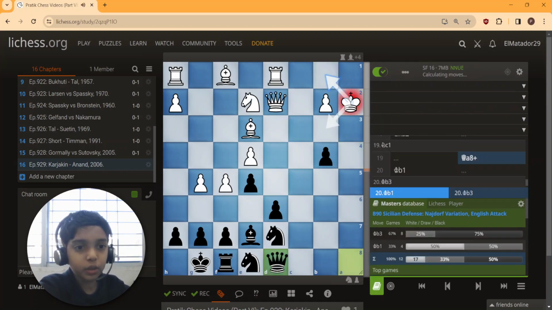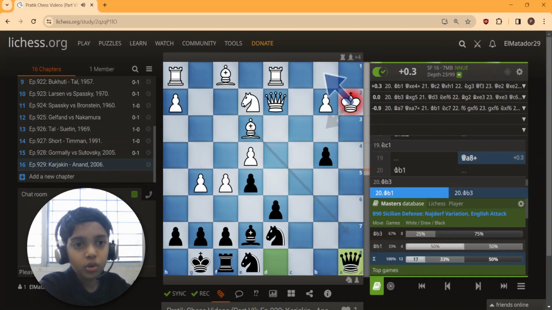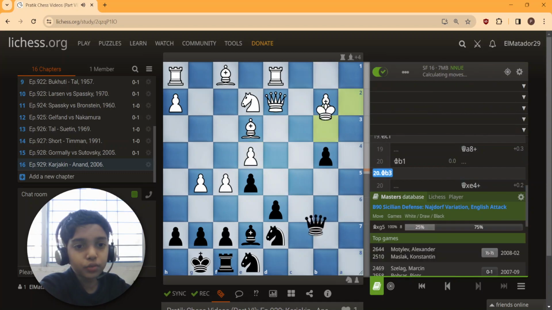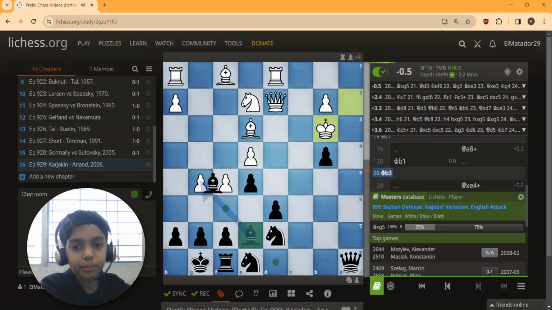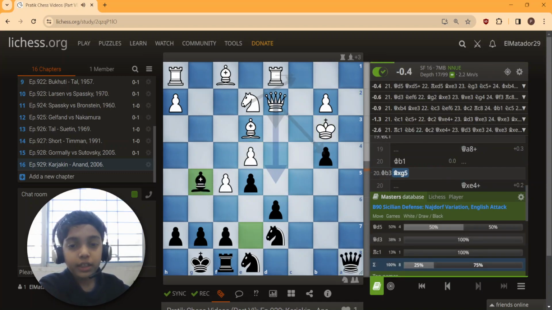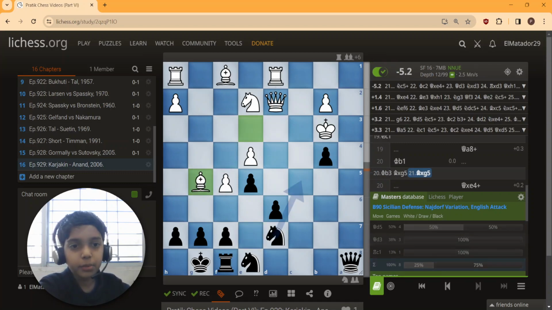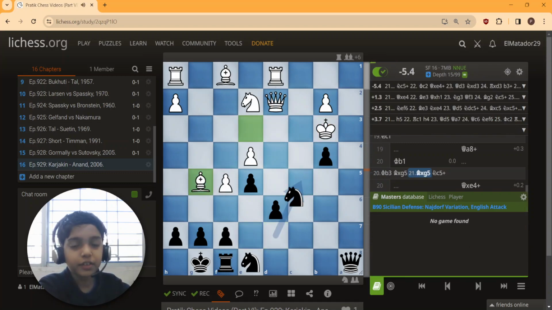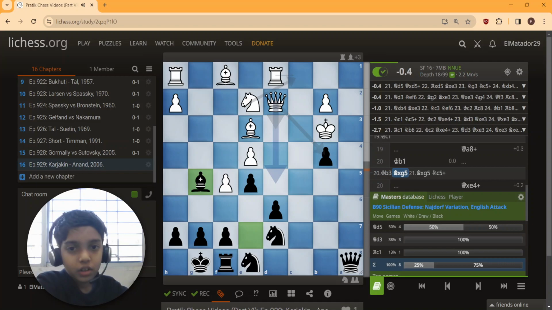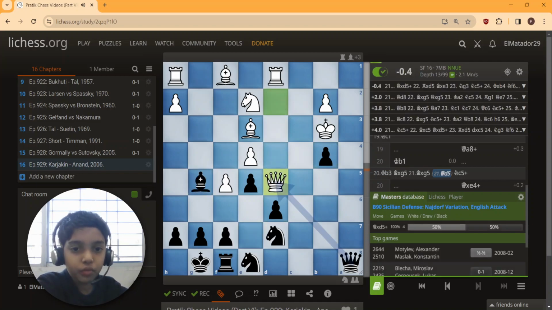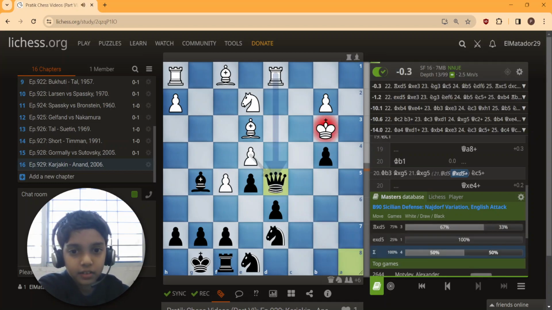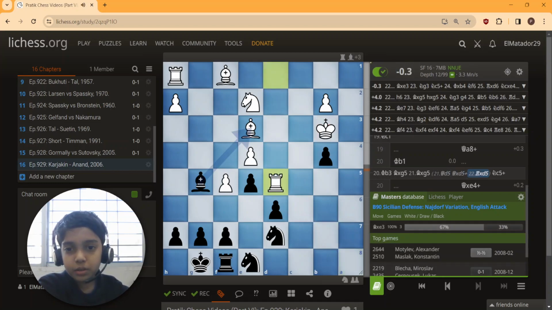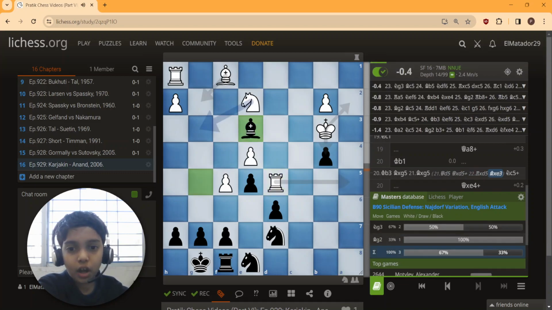But if you take on a2, then check. And now king b1, queen into e4 is going to be played. If king b1, king b3, then bishop into g5. Bishop into g5 is met by knight c5 check. That was a deflection. That's why queen to d5. If you take on e3, your queen is hanging, so that's why takes bishop into e3. And now